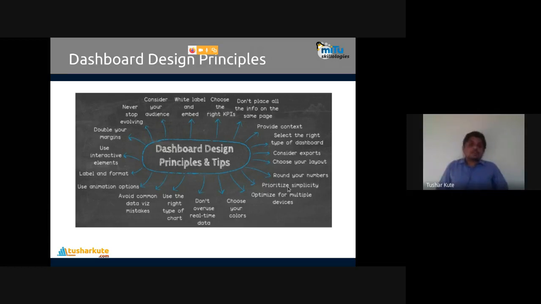Out of that, a few design principles are very commonly used to design the dashboard. So whenever you are creating a dashboard for any particular project, we need to look for these points specially, one by one. Let's see what design principles are there from the dashboard point of view. So that's required for ideal development. Generally, this is what we have as a standard process to design it.